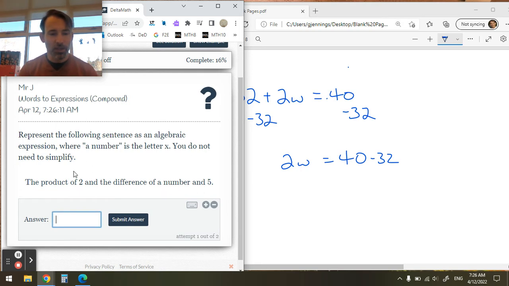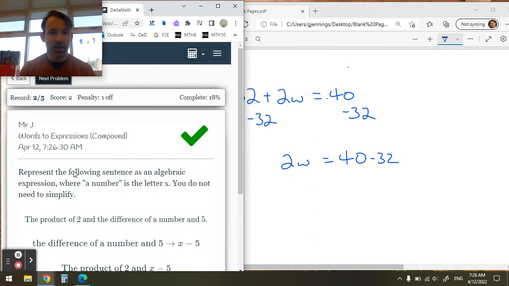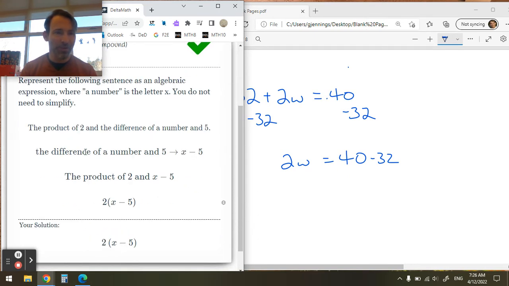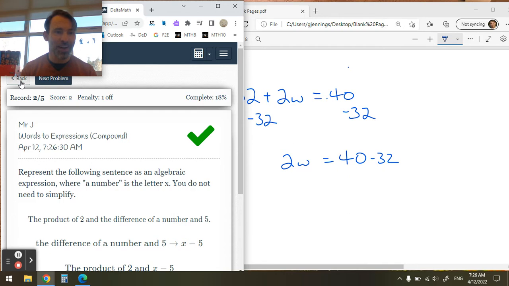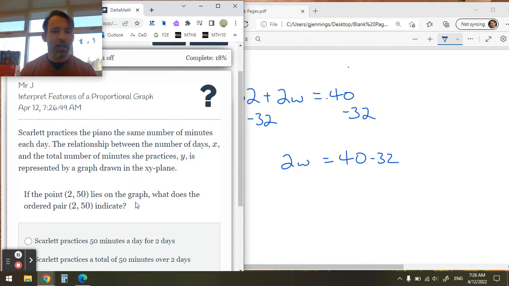Okay. So I'm going to take 2 and I'm going to multiply it from the difference between a number and 5. That is correct. The difference of a number and 5 is x minus 5. And the product of 2 and x minus 5, the way we write that down is this way. So there you'll recognize that we would need our distributive property to simplify that. Okay, let's keep going. Now, we want to also be able to look at graphs and